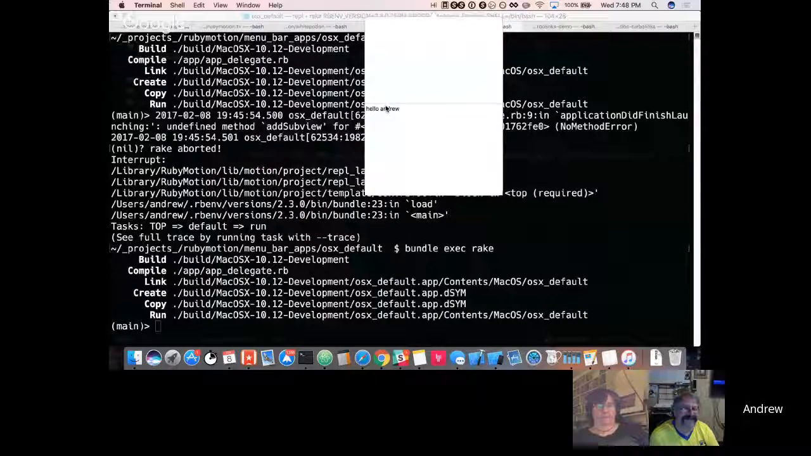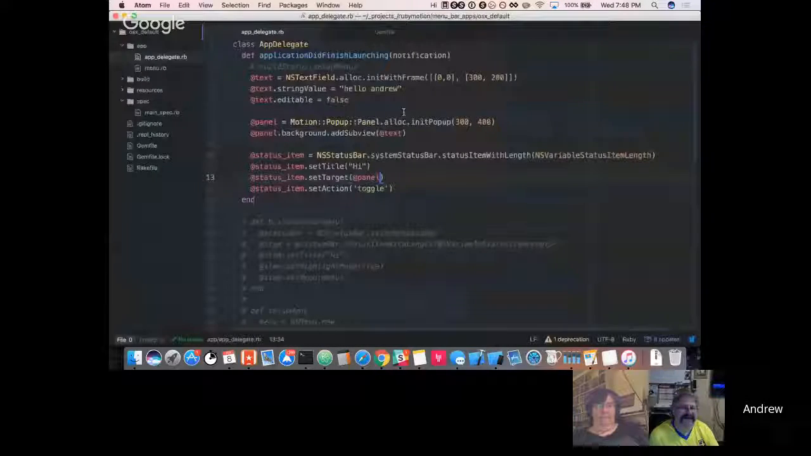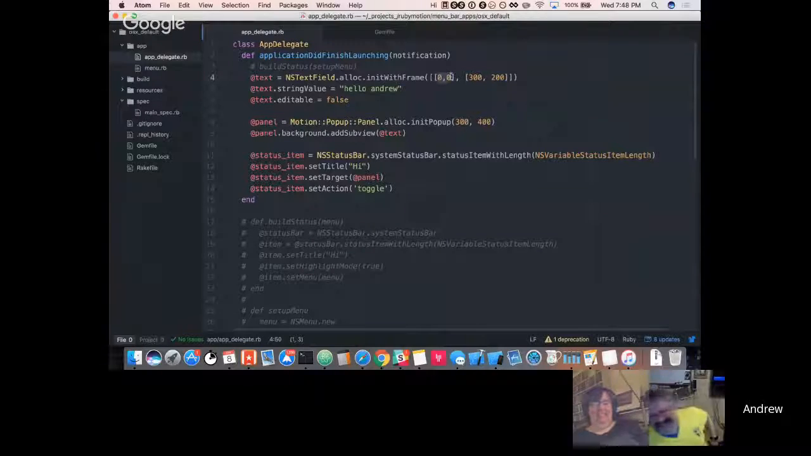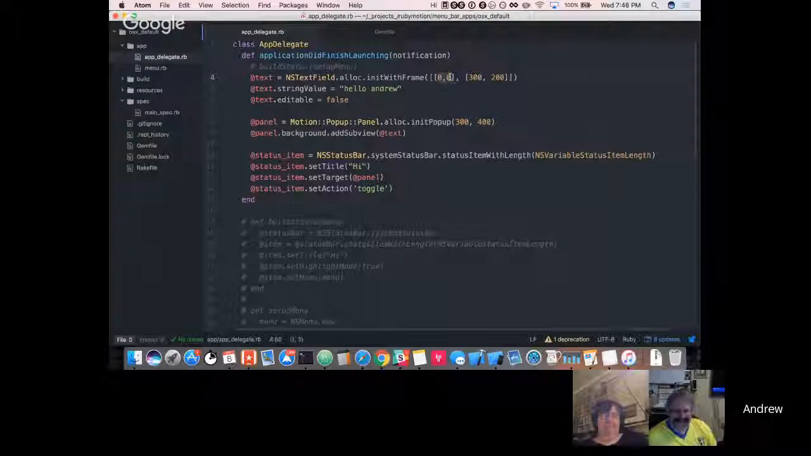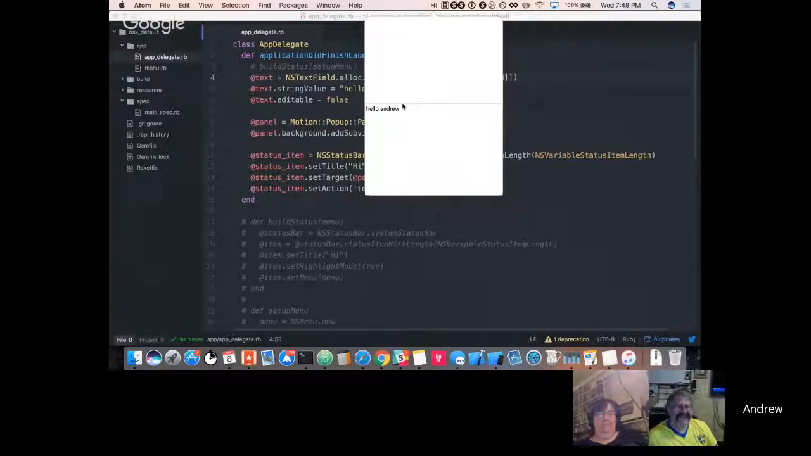Hello, Andrew. And what's different about iOS development and Mac development is 0,0. Yeah, it's someplace else. It's in the other corner. iOS... Yeah, but on Mac, it's at the bottom left. So that's the reason why I positioned it down at the bottom here. The bottom of the panel is